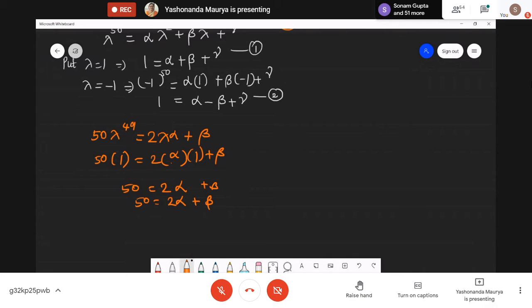Okay. So now we have got these 3 equations, 1, 2 and 3. We can solve them to get the value of alpha, beta and gamma. Is this clear? So the derivative expression, we cannot substitute lambda is equal to minus 5 in this expression. The derivative expression will be actually satisfied only by the repeated eigenvalues.